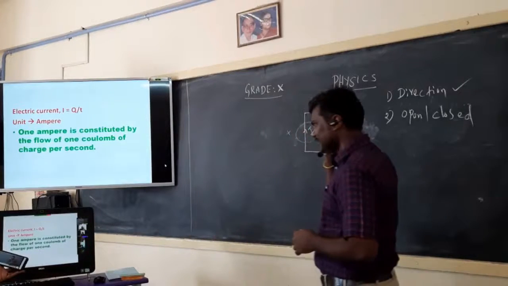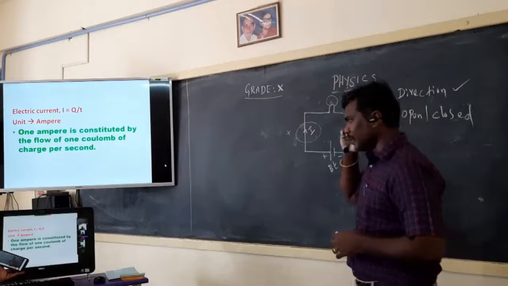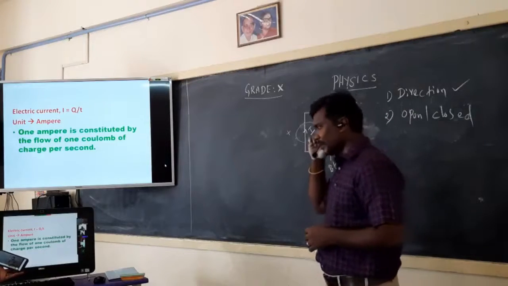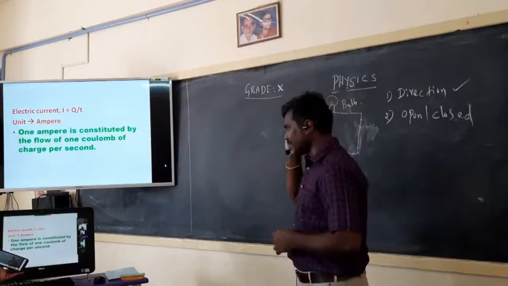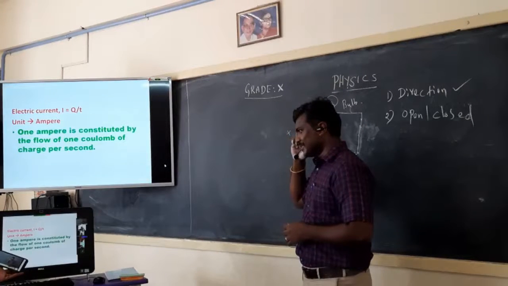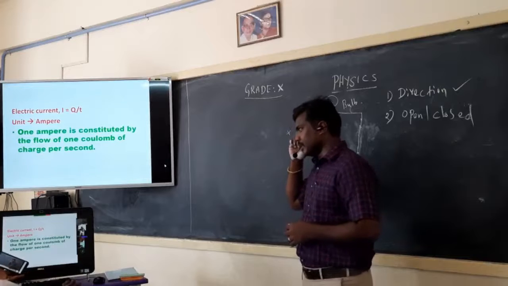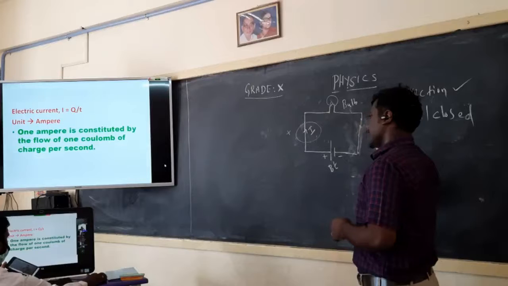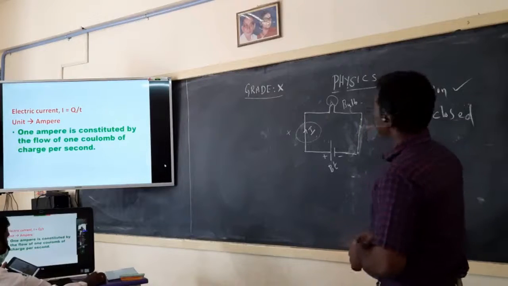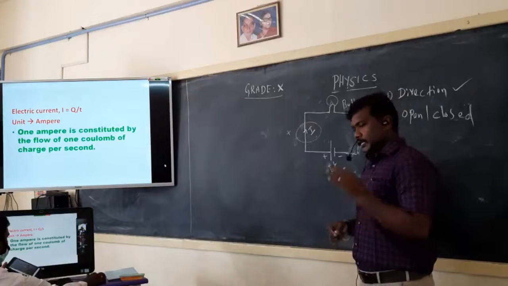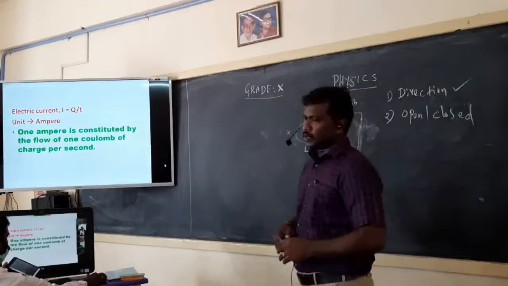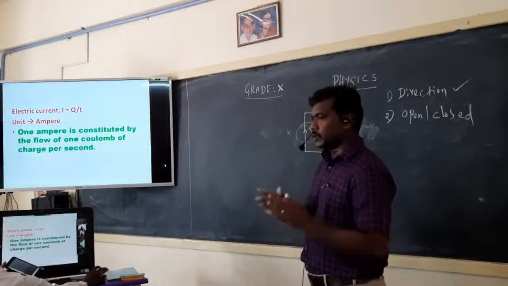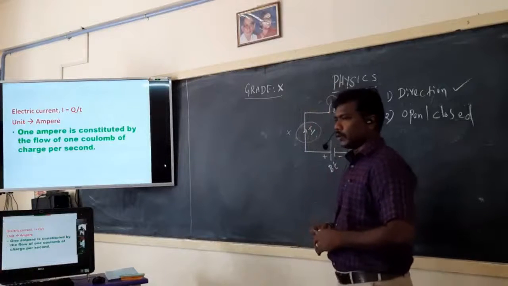Open circuit. Open circuit is very helpful for us. If it is an open circuit, the current cannot flow from one point to another point. How is it helpful for us? Okay, Nitish, closed circuit. Okay, right answer. The electric current can only flow through a closed circuit. So the closed circuit is the only one very useful for us. There is no use of the open circuit. Okay, right.